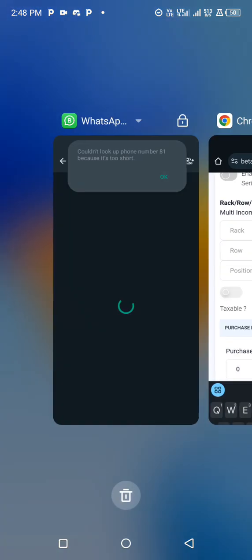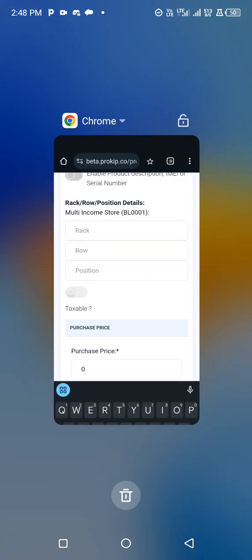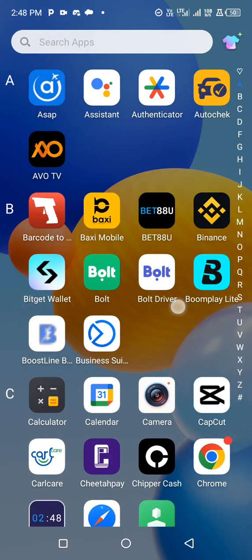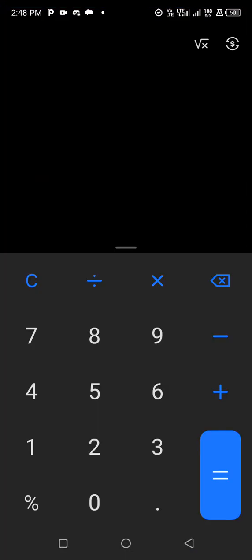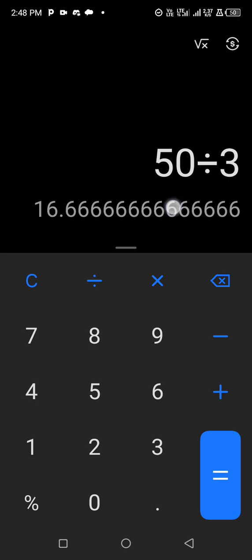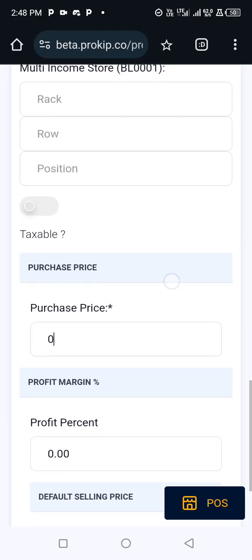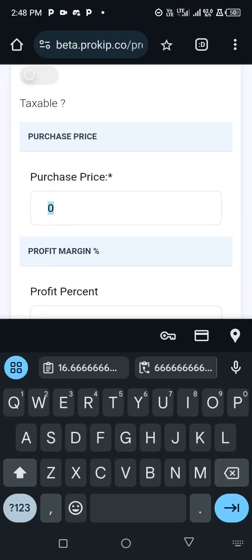So let's calculate the cost of 1 cube. 15 naira divided by 3, we have 16.6666 for 1 cube. So here you put the cost of 1 cube of Maggi,